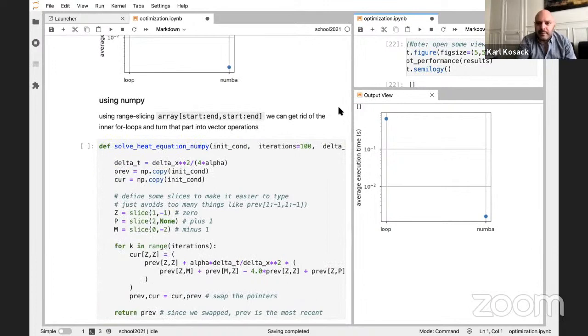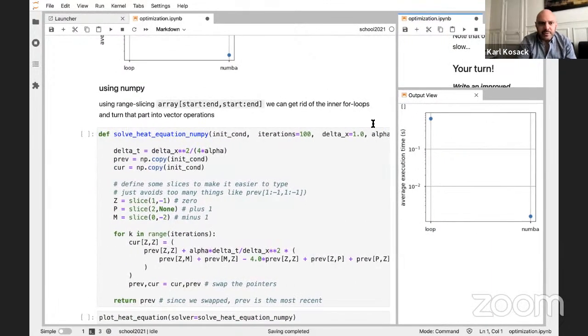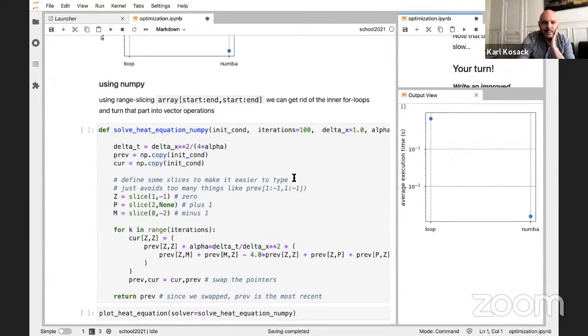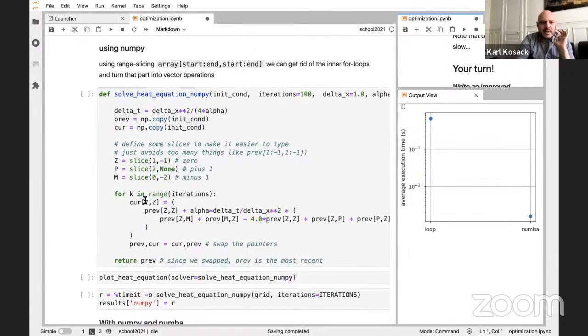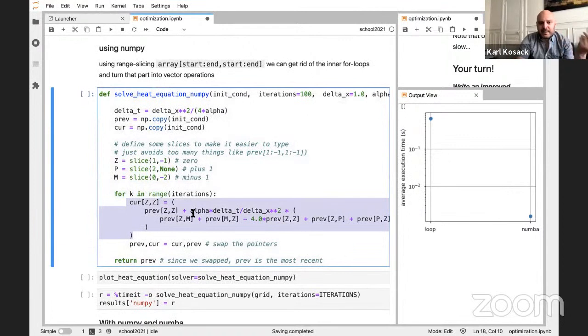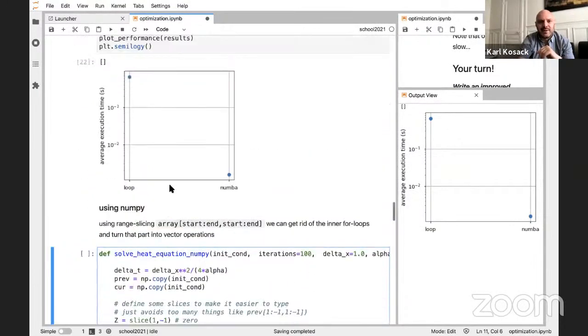Okay, so next let's start with NumPy. With NumPy, I have to make this a bit smaller because this code is a bit larger. The way I solved it with NumPy was basically to get rid of the 2 inner loops. So I still loop over iterations. And this is why I said you probably could maybe come up with a better way to do this. Instead of doing the inner loops, I just make them into NumPy operations. I defined some NumPy slices for 0, +1, and -1, and then I basically index them with these slices. So that's one way to do it. You could also make a derivative matrix or something like that. There's a few different implementations you could do, but this basically looks very similar to the code.